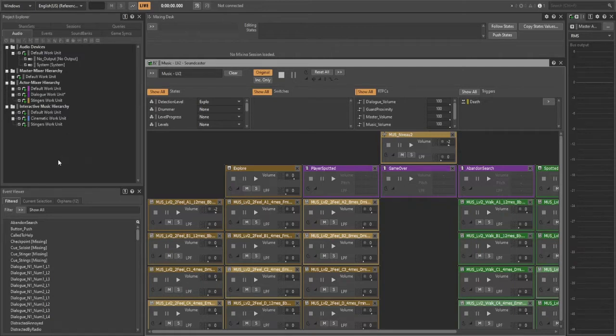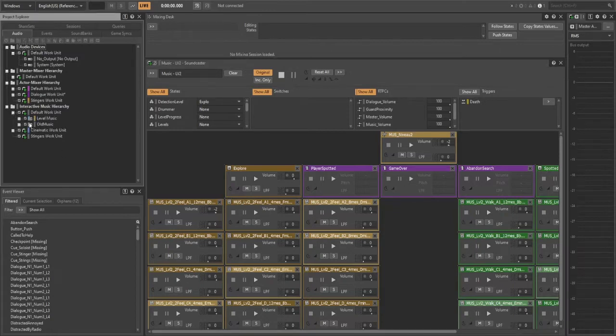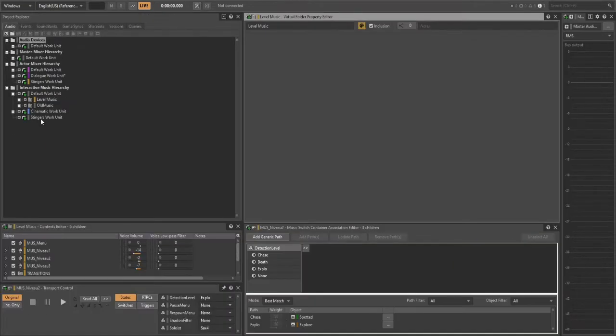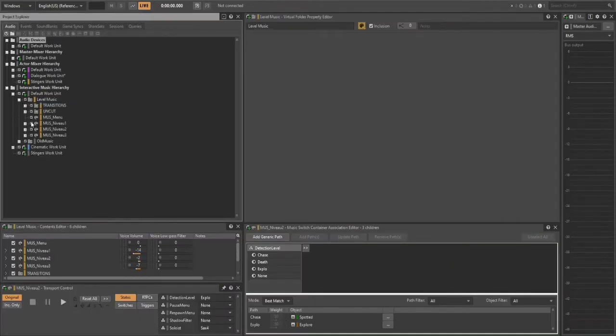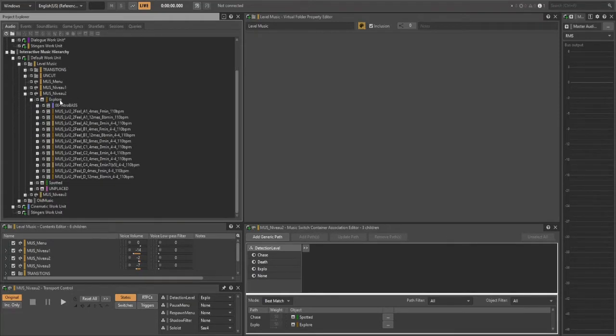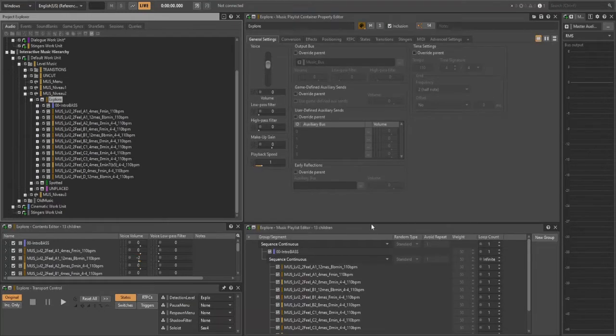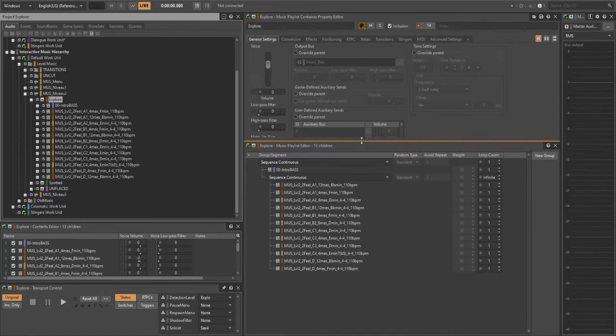How does this music work, and how does it dynamically react to the game? Because this music system is surprisingly robust and also really large. There are over 900 individual audio tracks in this project, and you will see why. So if we were to take level 2's music, for example,